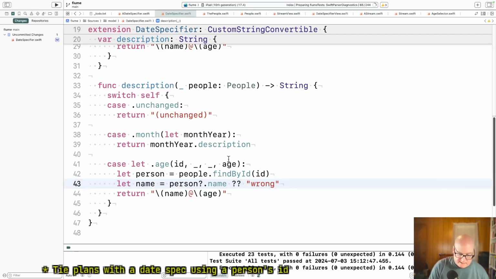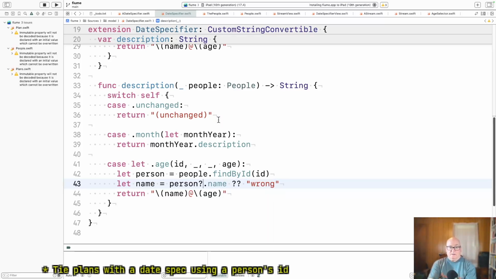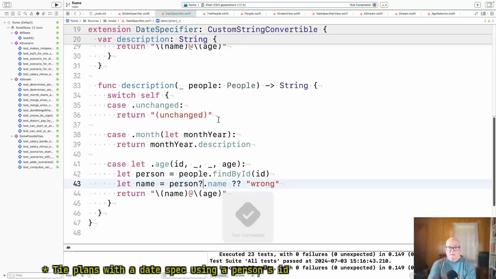Okay, this should pass this test, but we haven't put in a test for what happens if the name is not found. And I'm not so sure there. Okay, good for that.